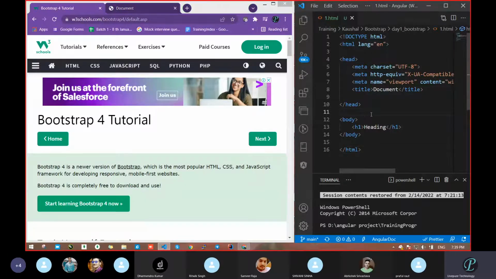So now we know what Bootstrap is. Bootstrap is a framework of CSS. See, in interviews the question rises this way: if you say Bootstrap is a framework of CSS, why do we need the framework? If CSS is already there and also doing the same task, then what is the need of Bootstrap?